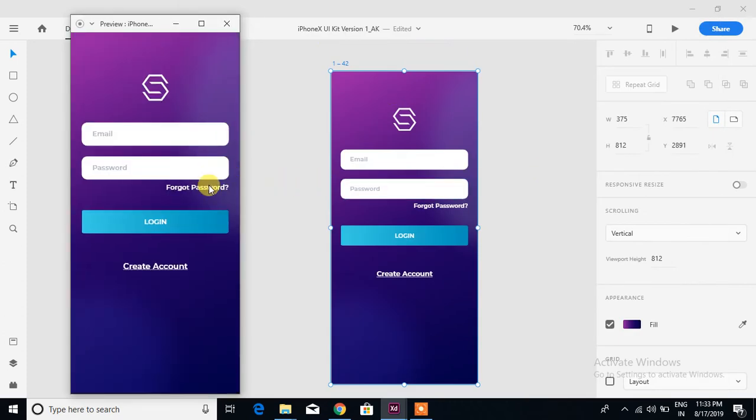So as you can see how easy it is to make a simple login screen using iPhone X UI